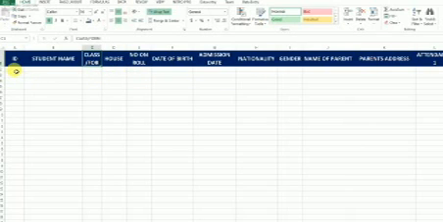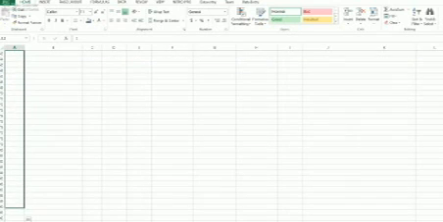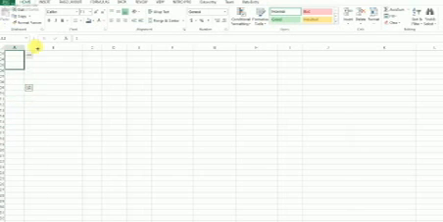So the ID, this is what we are going to do. You click on 1, and the next one 2, then we have 3. With this one, we are going to limit ourselves to only 100 students. So I'll just select the 3 numbers that I've entered, and then click on the plus sign, and then drag to the 100.